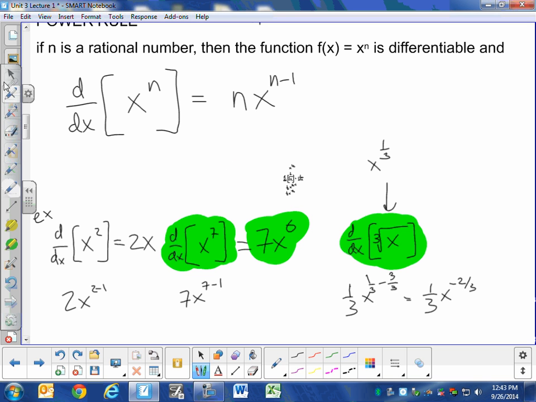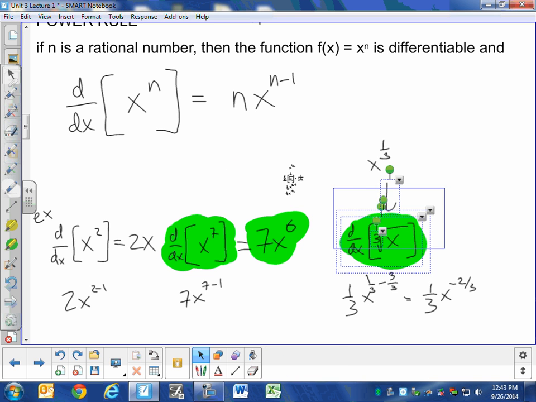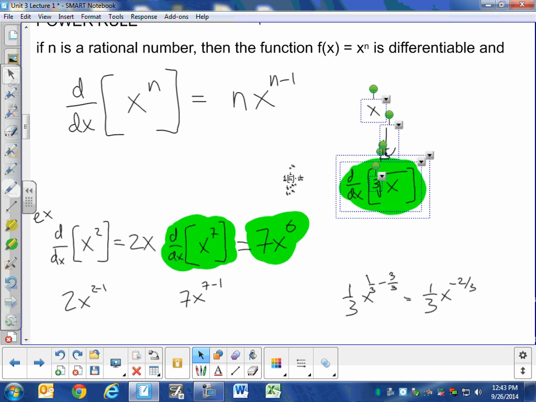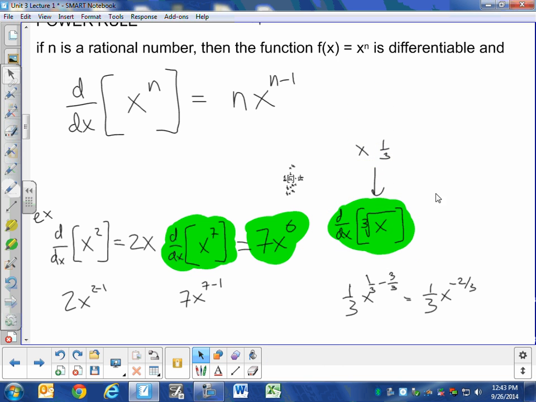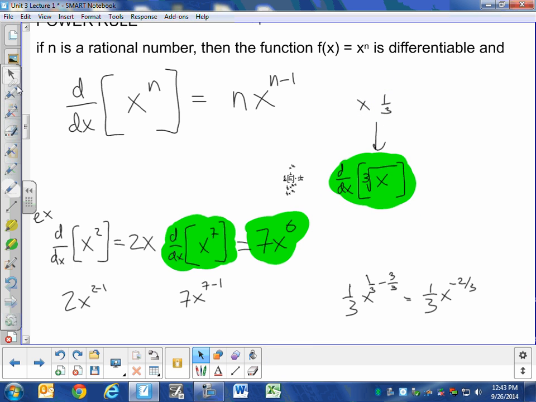You can write this the following ways. You can write it as what you have here, or 1 over 3 x to the 2/3,